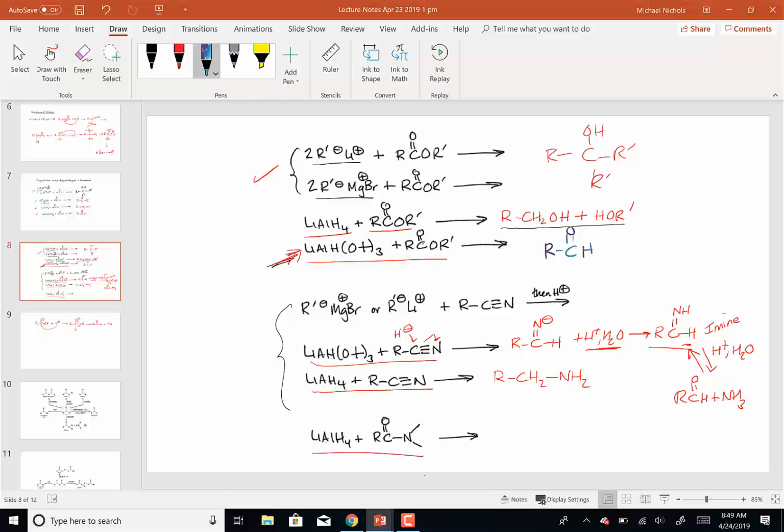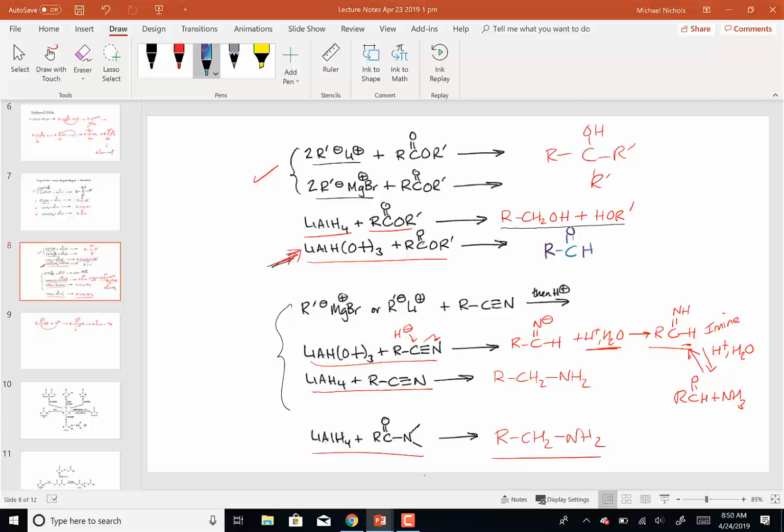That one, I'll just go ahead and give you what the product is. That gets reduced down to a primary amine. But we'll mop these guys up next week and then move on to our condensation reactions. If you look here, I actually did those in the afternoon class. The issue